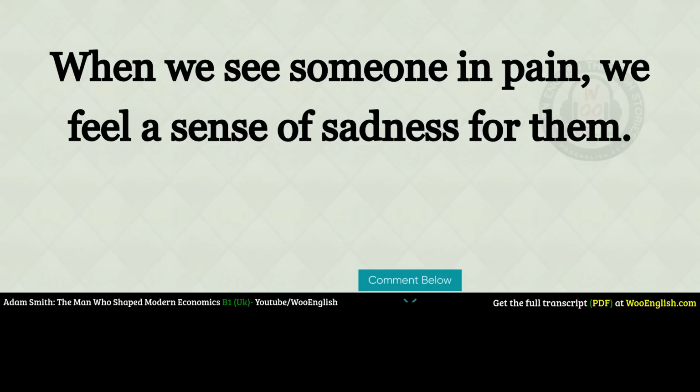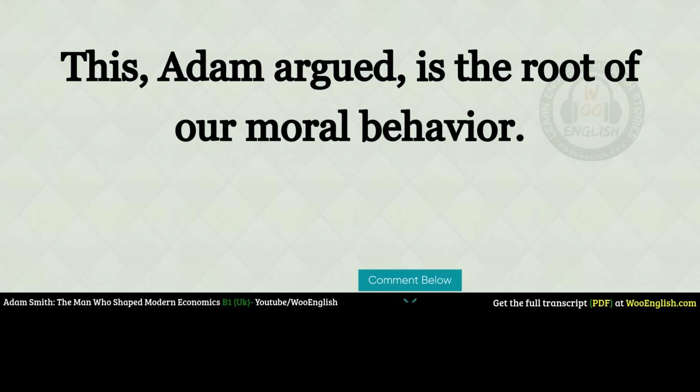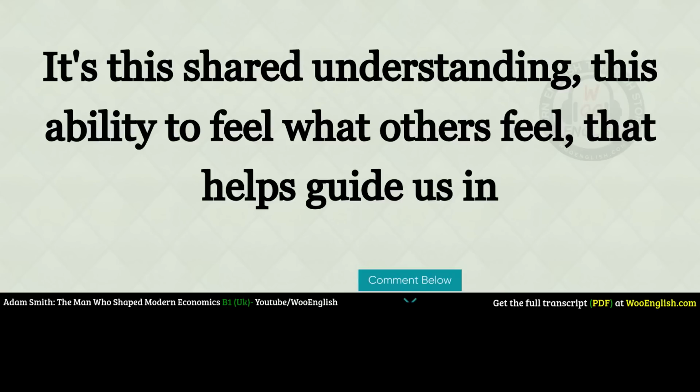Imagine this. When we see someone in pain, we feel a sense of sadness for them. When we see someone happy, we feel a little happier ourselves. This, Adam argued, is the root of our moral behavior. We make decisions not just based on our own needs, but also on how we think our actions will affect others. It's this shared understanding, this ability to feel what others feel, that helps guide us in making choices that